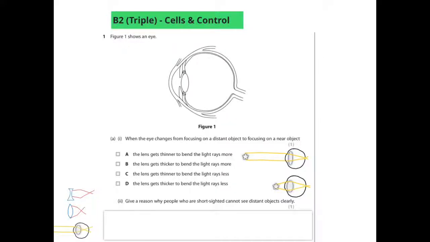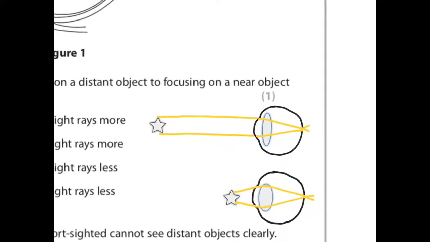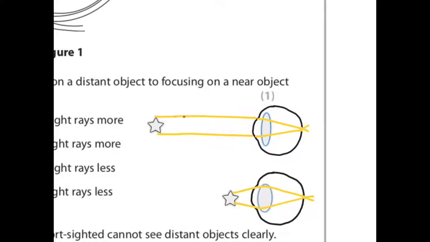Figure 1 shows a diagram of the eye when the eye changes from focusing on a distant object to focusing on a near object, and you need to think about this. So for a distant object, light rays come in parallel, and that means they don't need to be refracted as much, so you can have a long thin lens, which means the curve isn't as dramatic, so it refracts gently. But when things are close, light rays come at a much steeper or larger angle,